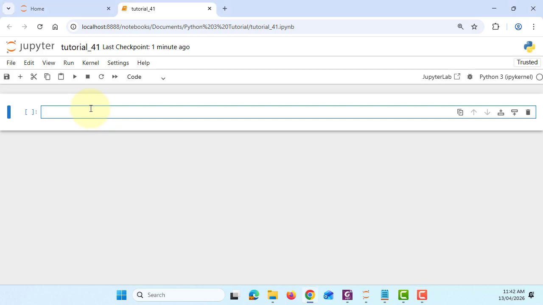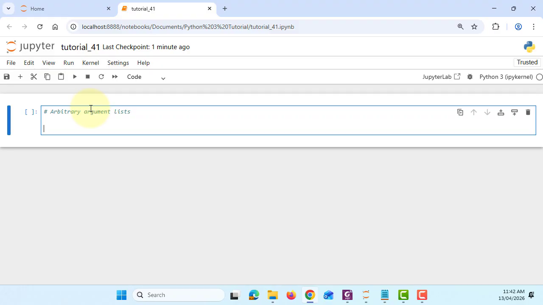Okay, let's look at tutorial 41: arbitrary argument list. We can actually use the argument list with one or two, depending on the number of arguments, with built-in